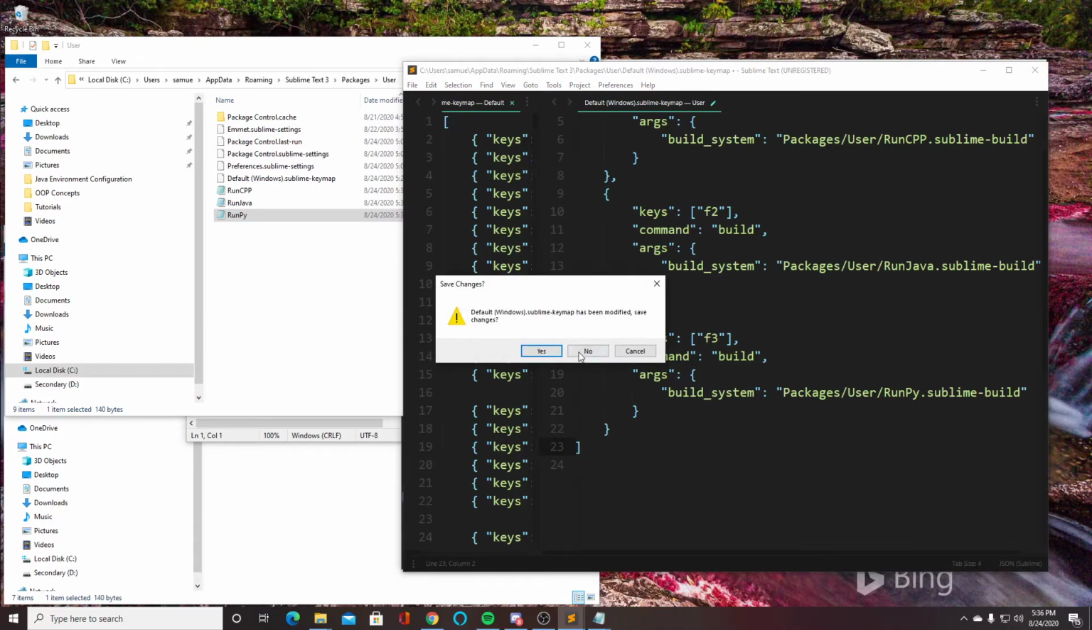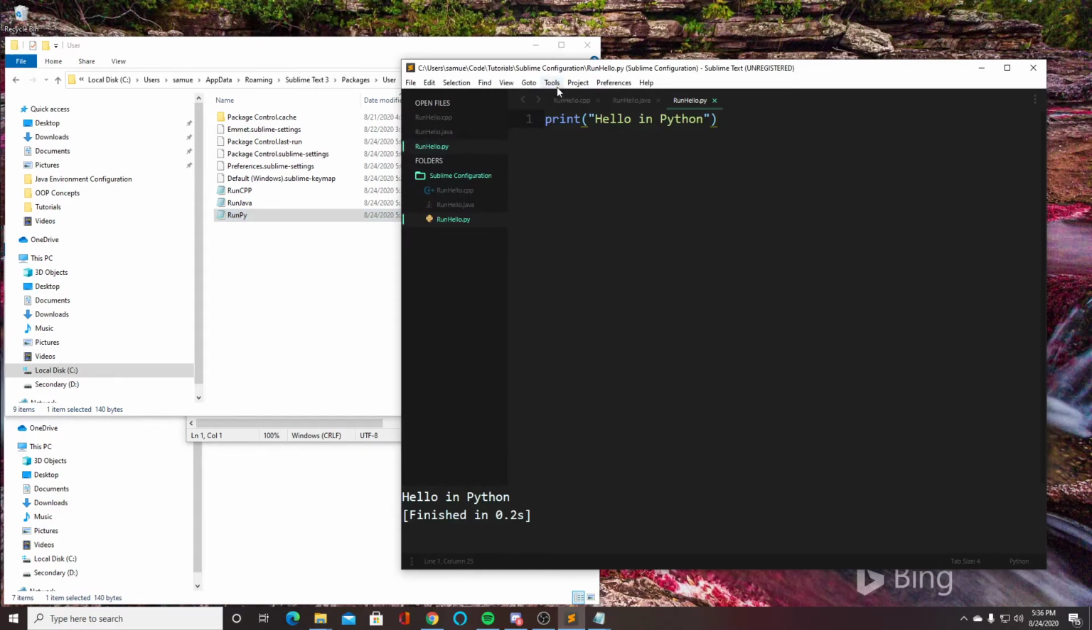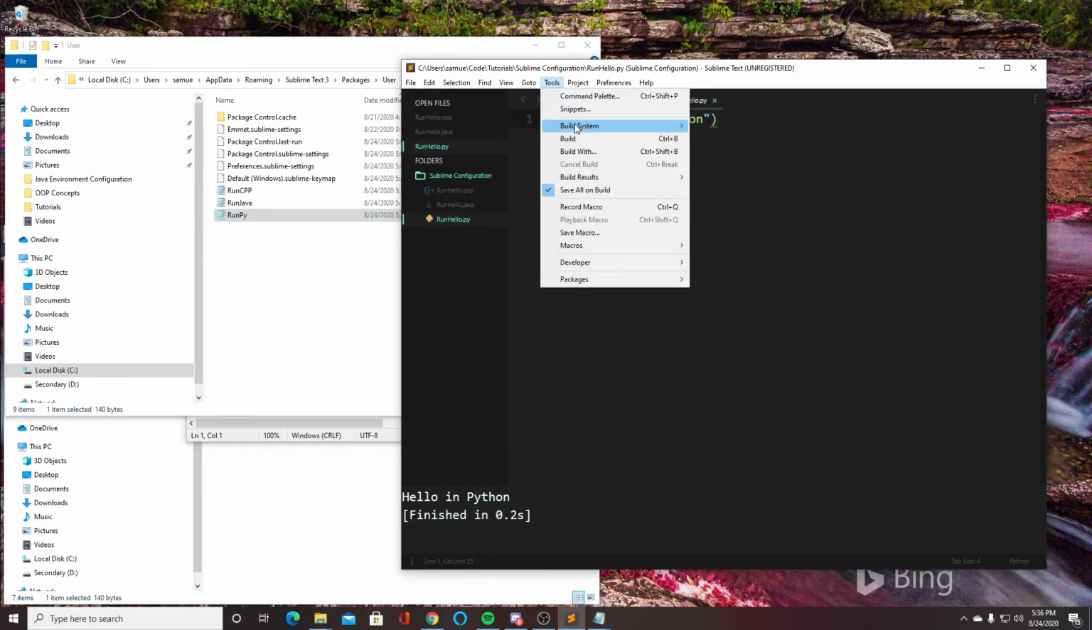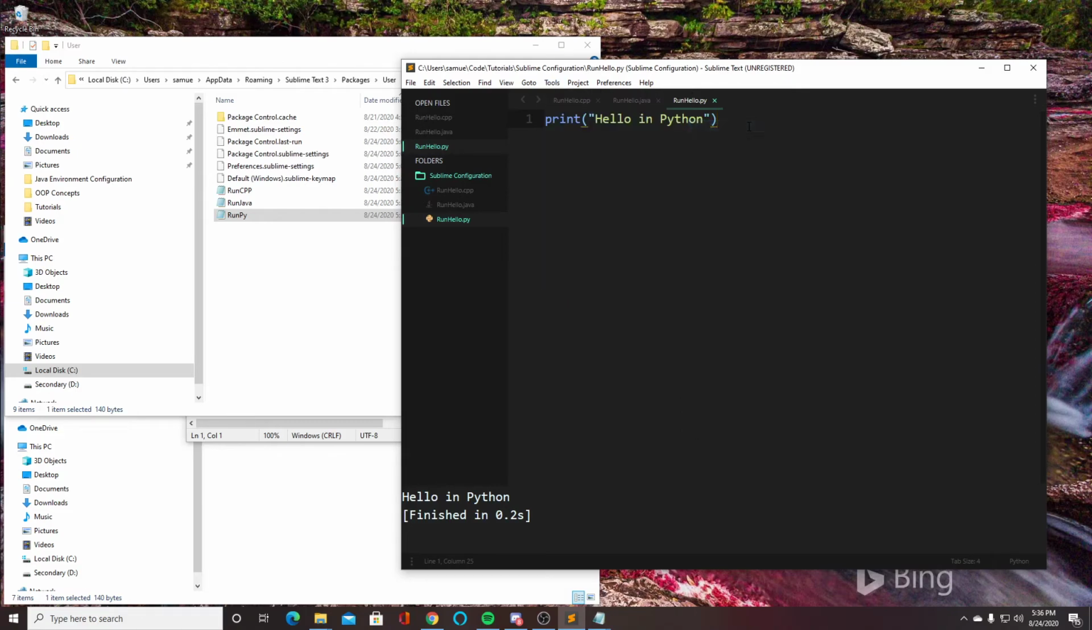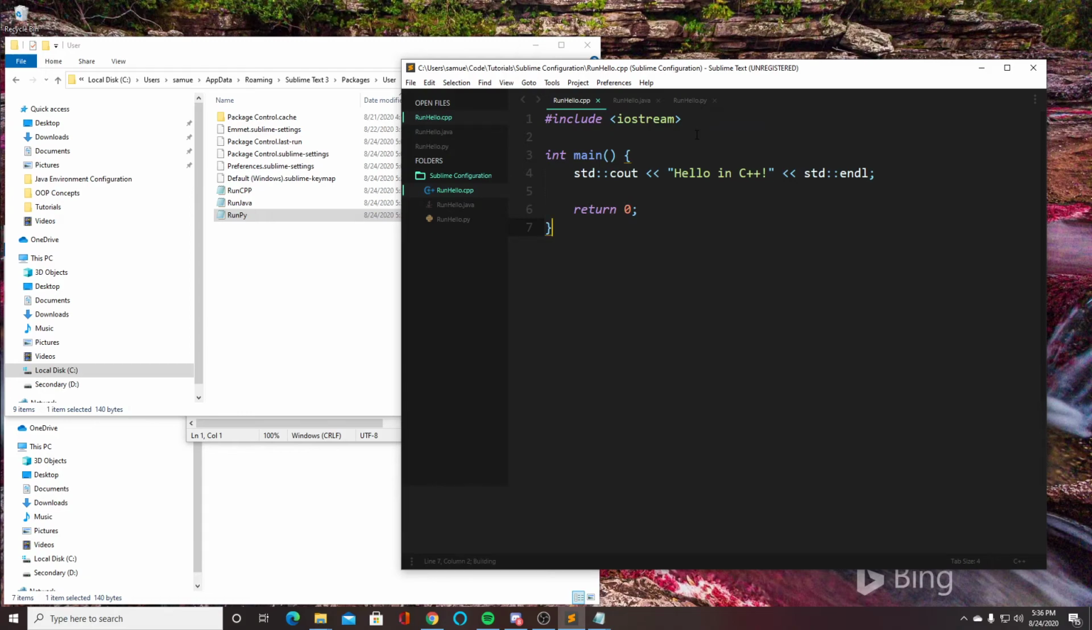The last thing that you need to do is go back to Tools for the last time, Build Systems, and go back to Automatic. Now if you do that, everything should work just fine. F1,